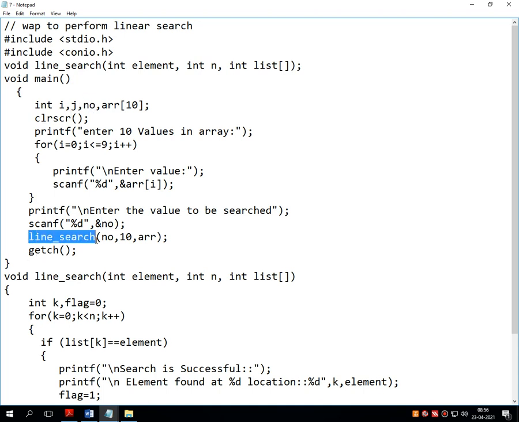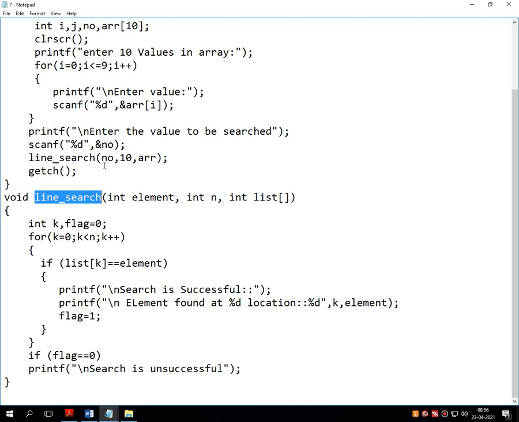Then there is a function call where the number which we want to search is passed, the total size of the array is passed, and the list is passed into the function. In the function initialization, the element which we want to search is stored inside element, the size is stored inside n, and all the numbers are stored inside the list.